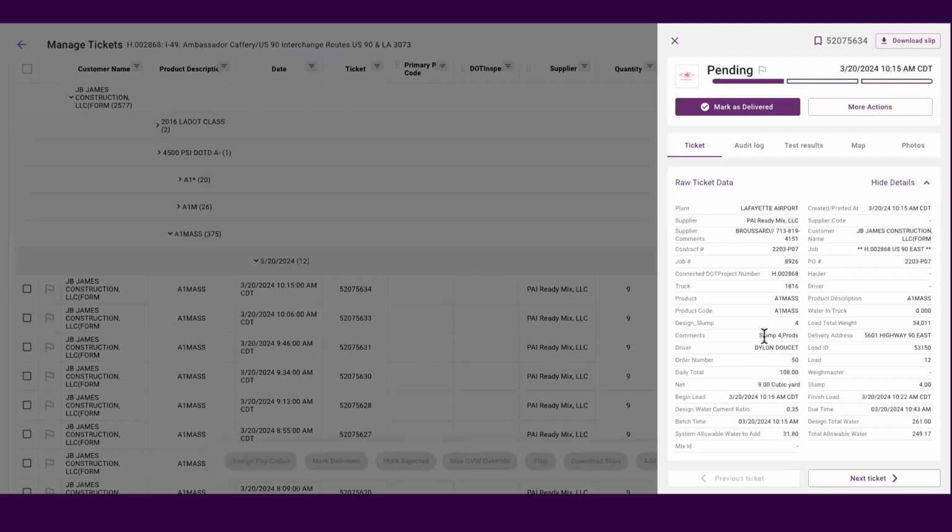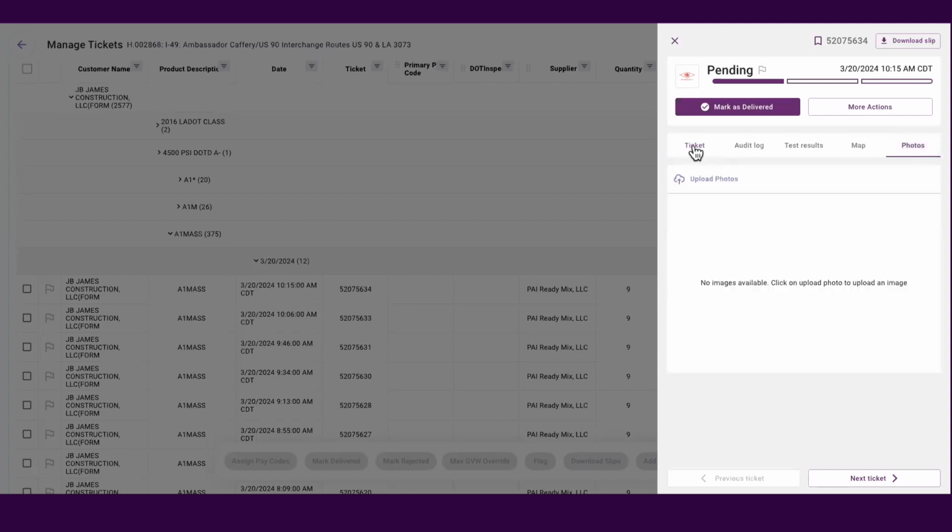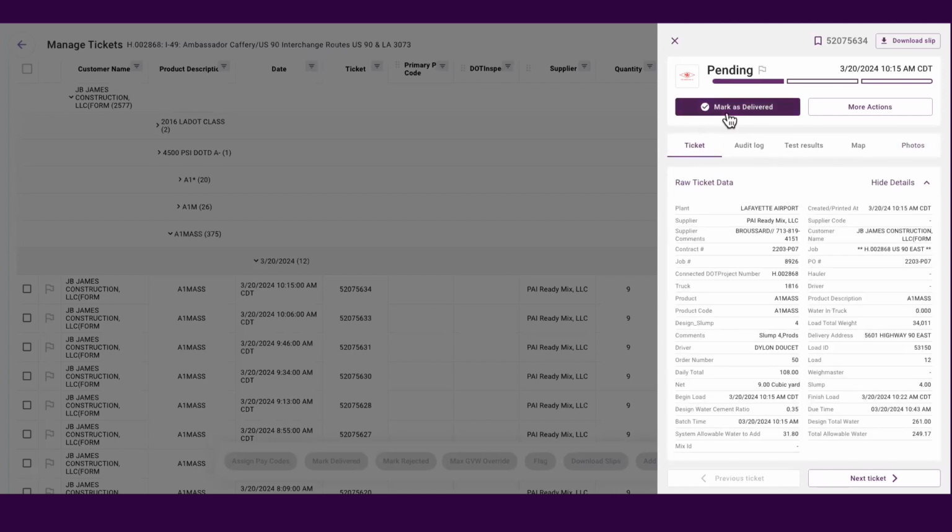And just wanted to highlight as well, none of the functionality that we talked about on the mobile side goes away on the website. So you can still add photos. You can mark it as delivered on the web portal. You can add pay items, add notes. And we've also added some abilities on the website. So you can download these slips both at an individual level, like you're seeing here with that button,